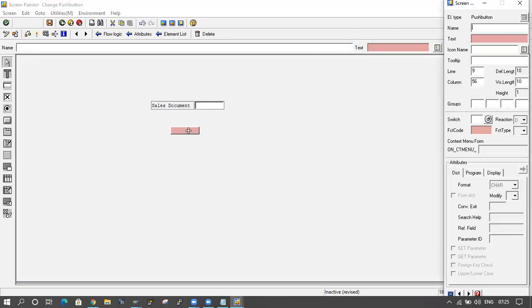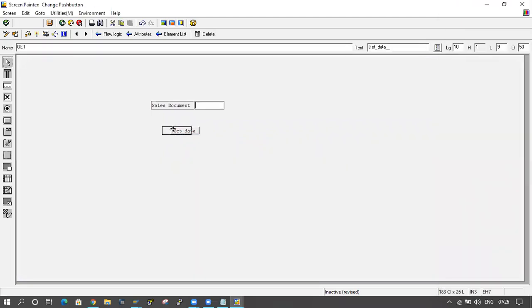Click on get data, and here also get data. The function code is get data, and I will apply a back button here only.